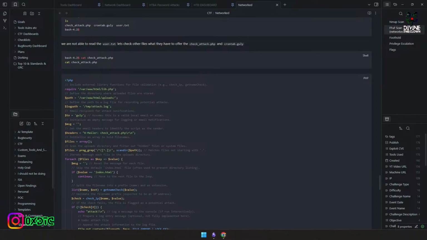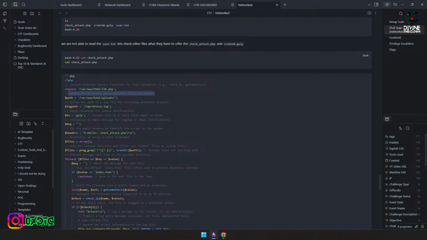We'll read through what's going on. It's including the external library function for the file validation, where for example it's checking the IP, then it's getting the check name. This is the lib.php, which is required. There's this path where the file is getting uploaded, as you can see, defining the directory where